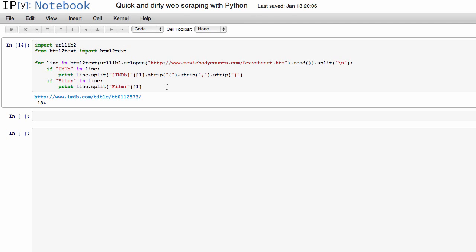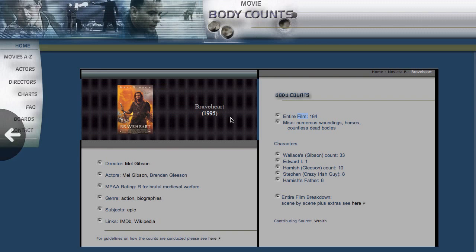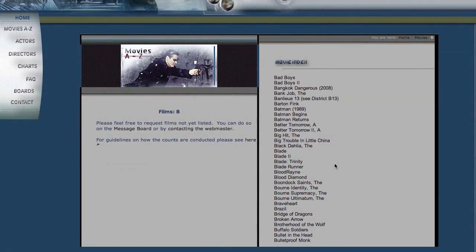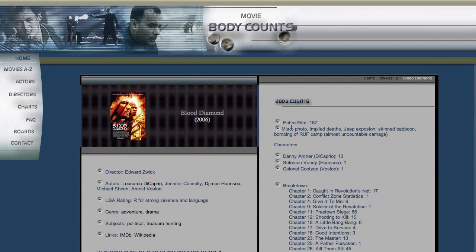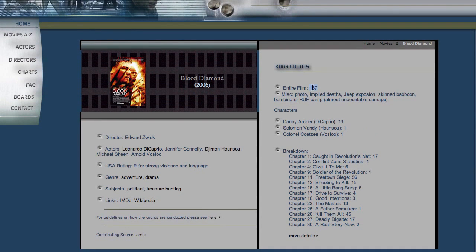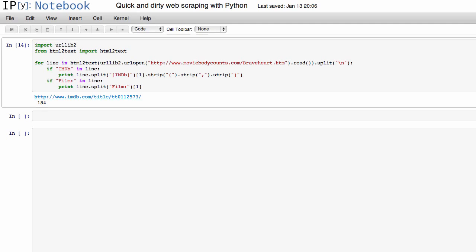this for other web pages, like let's go back to the list of web pages. Let's say we were suddenly interested in which movie looks interesting. Let's say Blood Diamond. I think there was quite a bit of death in that one. There we go. Yeah, there are 187 deaths. Goodness gracious. So if we go to that web page and copy that URL, and we just put in that URL there, and we run it,